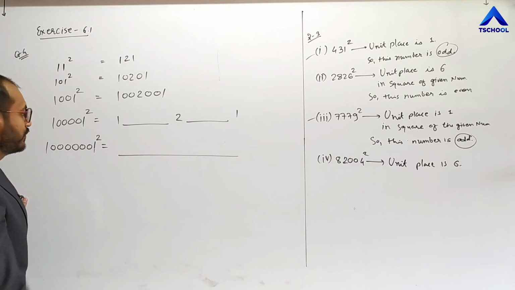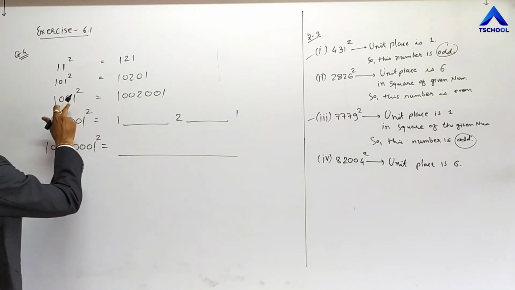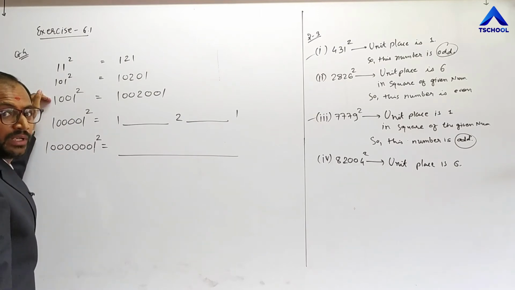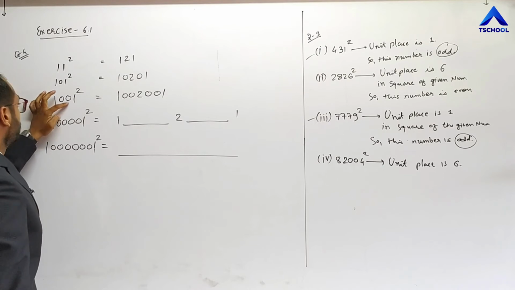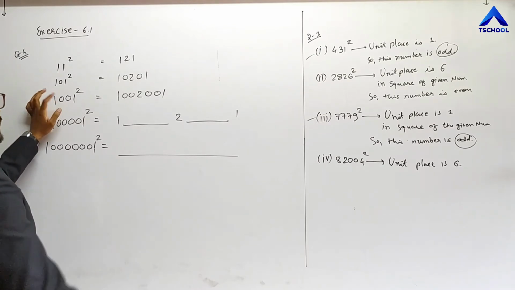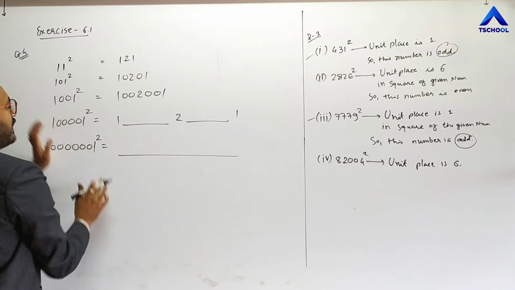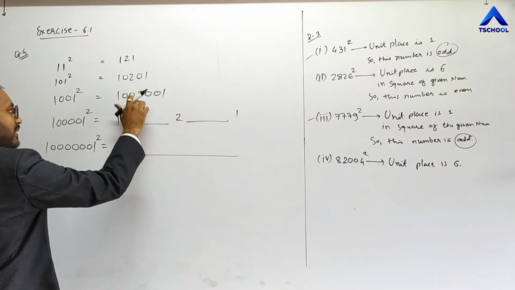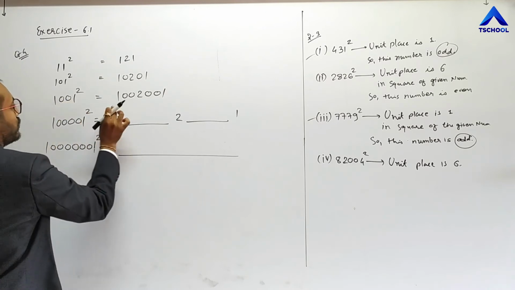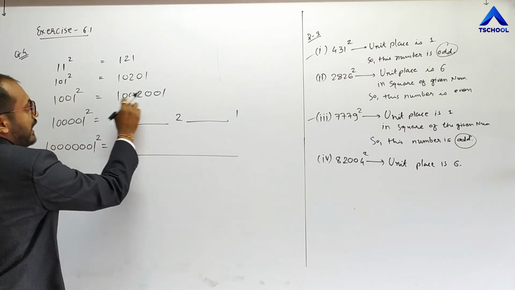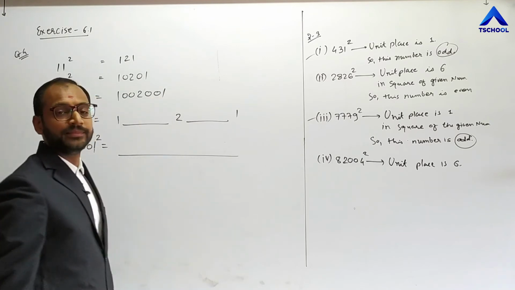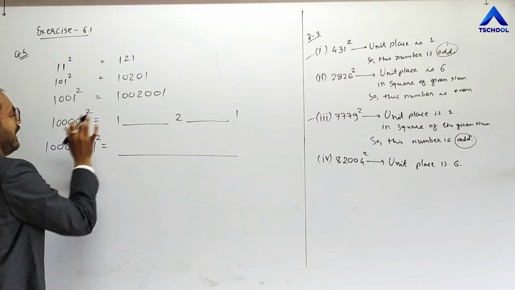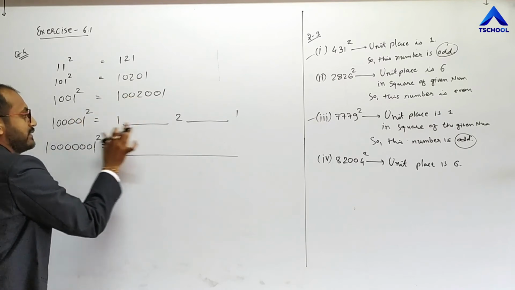Clear? So you should remember, let me understand this pattern. Is it repeating again for this third one? Here 2 zeros are available, and 1001 square contains again 1 at the end and 2 at center. Here there are 2 zeros, so there are 2 zeros after 1 and 2 zeros before 1. So let me see this pattern, and by using this pattern let me solve this answer.